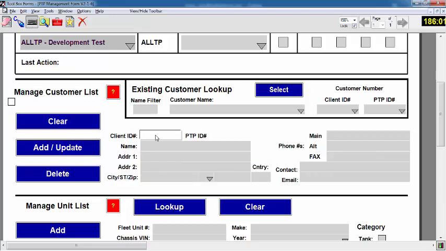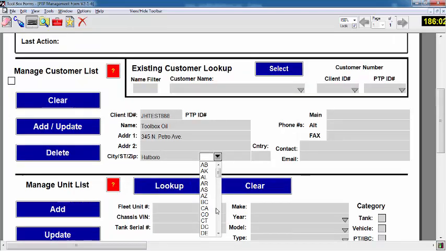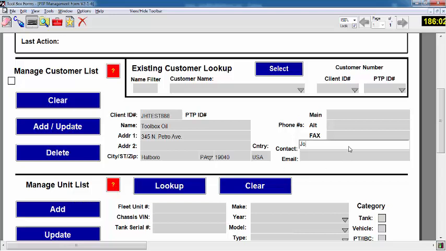So I'm going to put that this is, I always put that it's JH Test so that I make sure if we have to remove something later. And I'll call this Toolbox Oil, and I'll say we're at 345 North Petro Ave. And I'm going to put you at my office address in PA, and put this information in here, John at toolboxforms.com. Let's put my number in